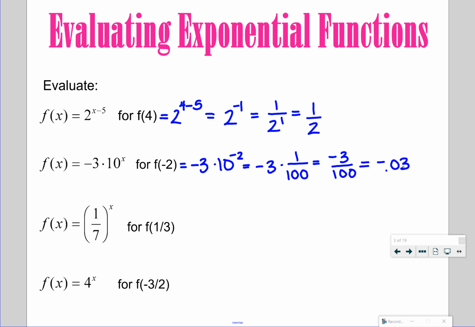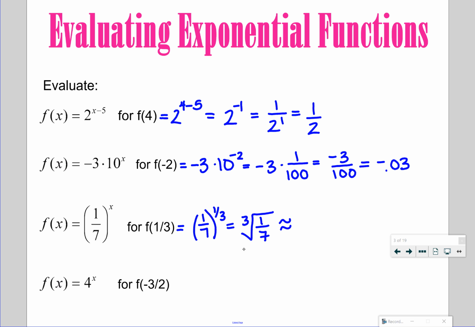be negative 0.03. In the next problem, I have 1/7 to the x power, and I'm evaluating it for 1/3. So I'm really doing 1/7 to the 1/3 power. Now remember what we talked about with rational exponents before? If I see 1/3, that's the same as the cube root of 1/7. This does not reduce, so this is one you'd want to put in your calculator, either 1/7 to the 1/3